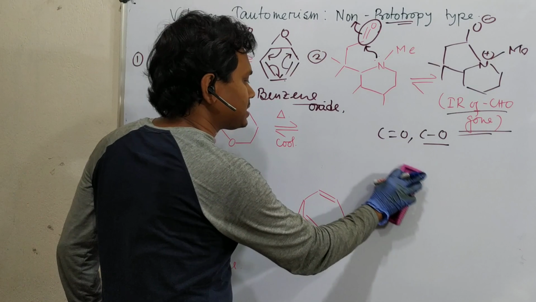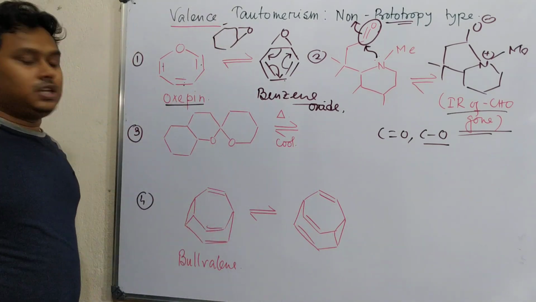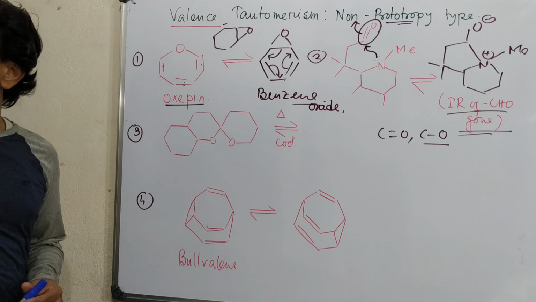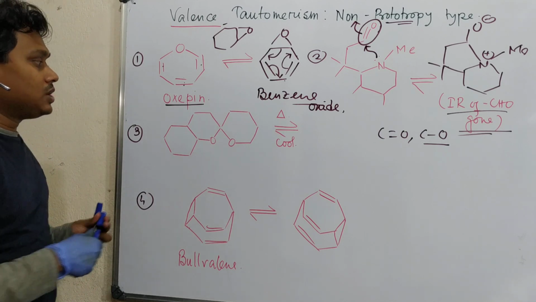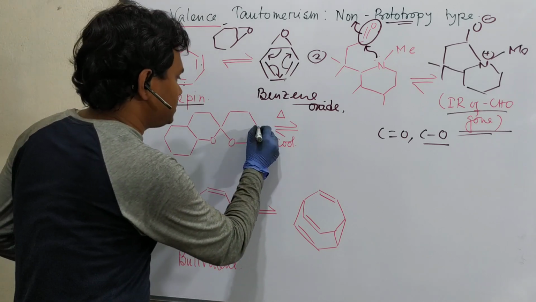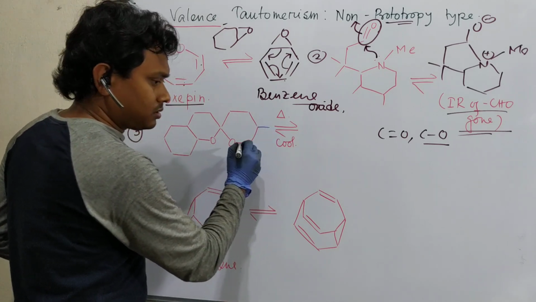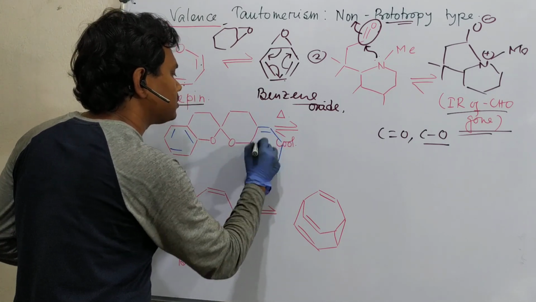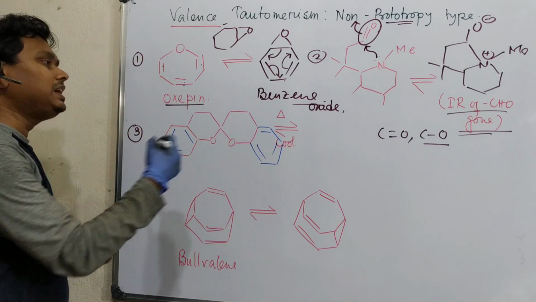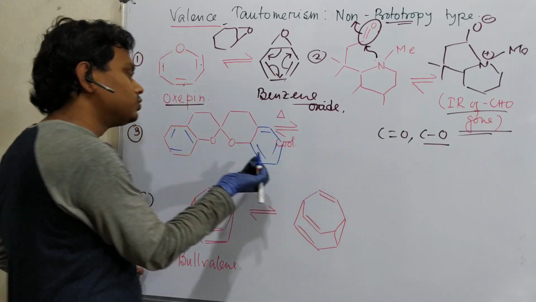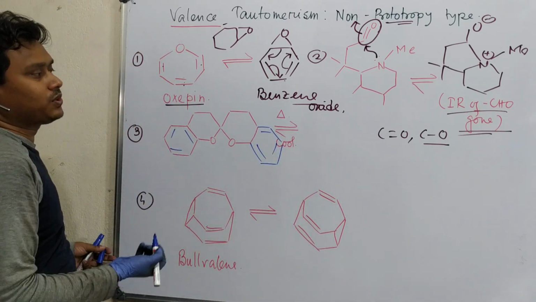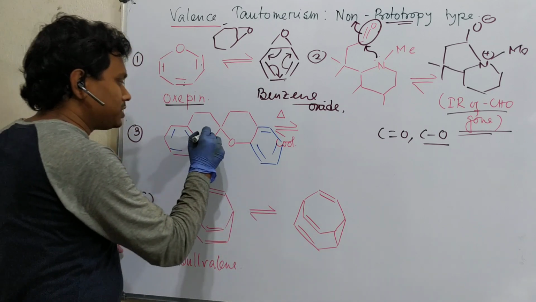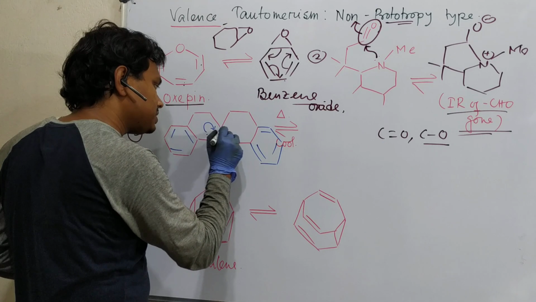Okay, it produces a red color compound, and if the compound is cooled, then the color is black. Question: what happens in this case? Sorry, it's incomplete. So if you heat, it is converted into something else. If you cool, it comes back. So what happens when you heat? Actually, bond rearrangement occurs. It means it pushes, it goes back.